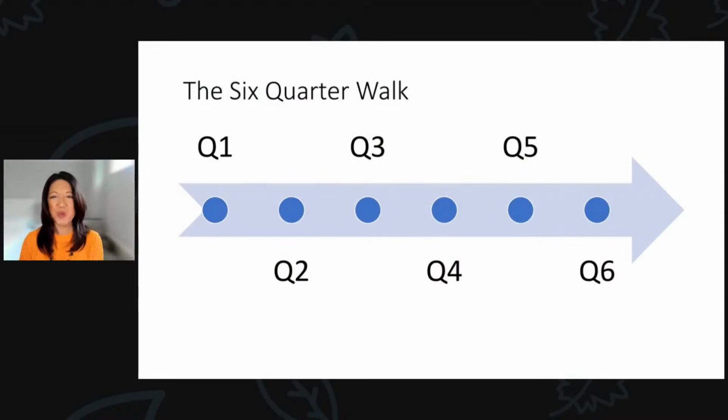All right. Let me just go into the last part here, and then we'll go into the comments. The last part of developing your plan and prioritizing is developing that plan. I do believe in having a long term plan. I call it the 6 quarter walk. It's over the next 18 months. How do you see the environment developing? What are the initiatives you're going to do immediately within the next 3 months, and also over the next 18 months? And from there, develop what I call a 30-day plan. In 30 days, come up with this plan. Come up with an idea of what this 18-month roadmap would look like.